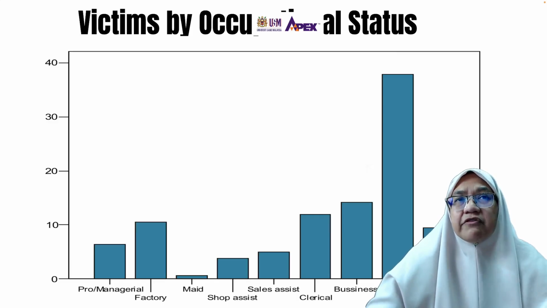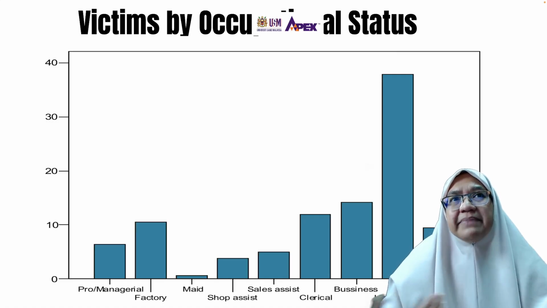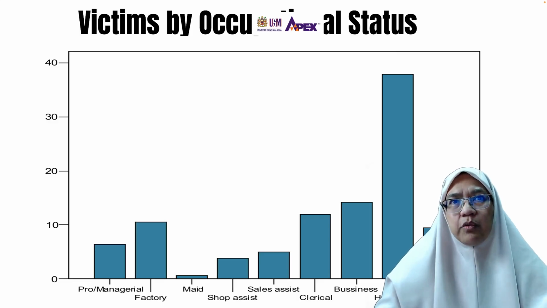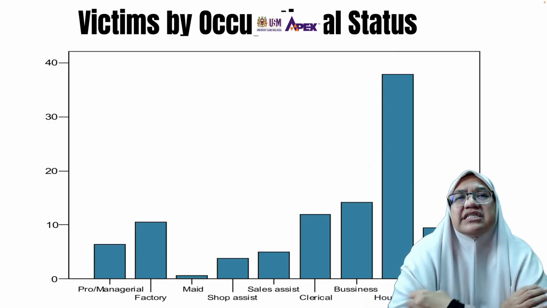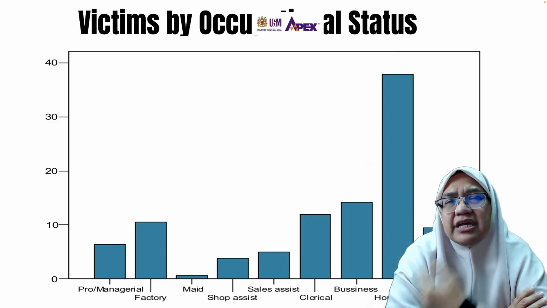Managers and professionals are also at risk. Shop assistants, clerical workers, business owners, even some women who are not financially dependent on their spouse, on the perpetrators, but these things can still happen. Why? If you remember, I mentioned just now, one of the reasons, from our observation, is that when there is lack of respect, violence can happen, regardless of whether the woman is financially dependent or not dependent on the